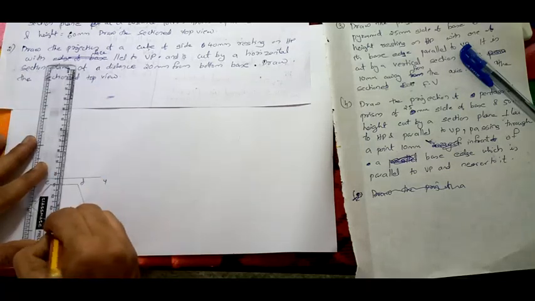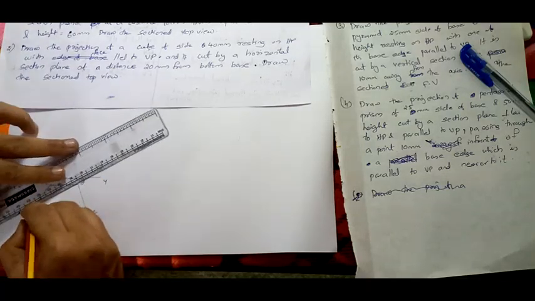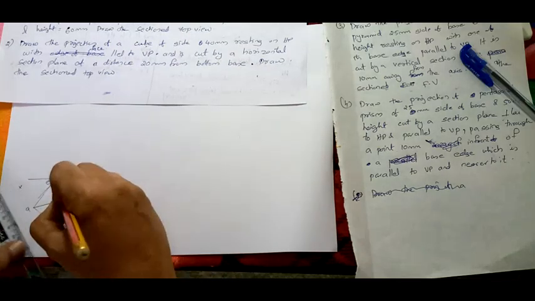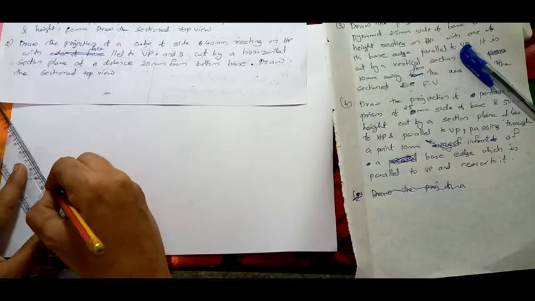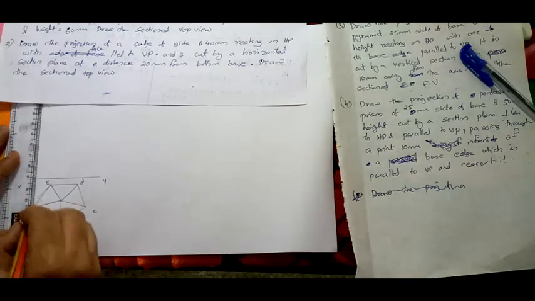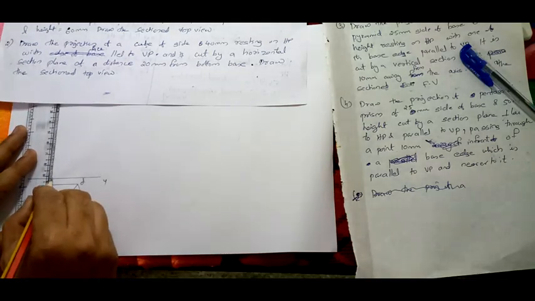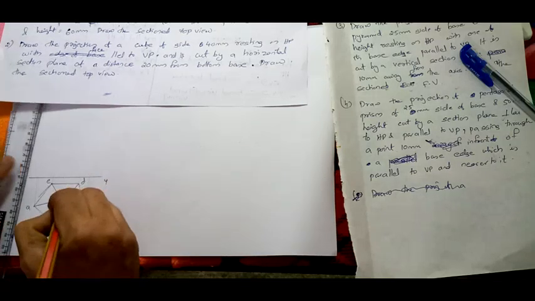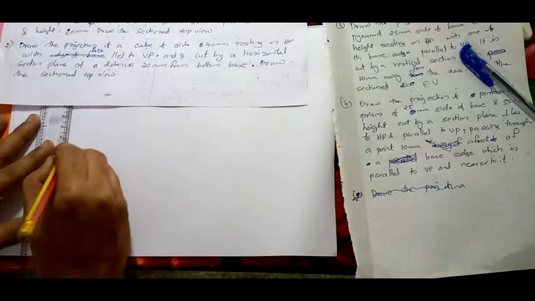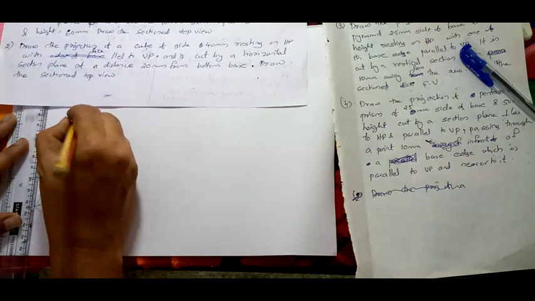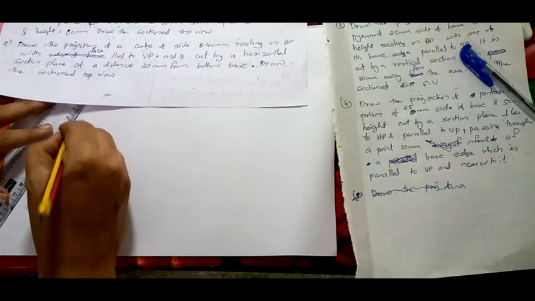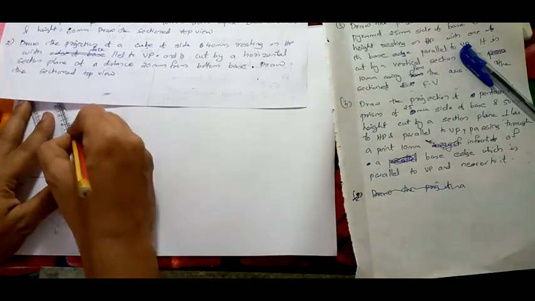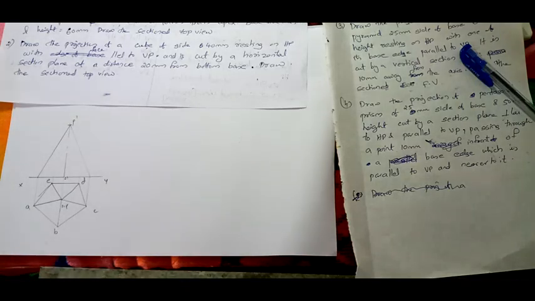Find the center. It's a pyramid, so you have to join all these. Complete it. Now project it: 1, 2, 3, 4, 5. OP is here, the axis is given. So find the axis, find P dash and join here. So 1 joins here, 2 joins here. Now see, you have to draw it carefully.